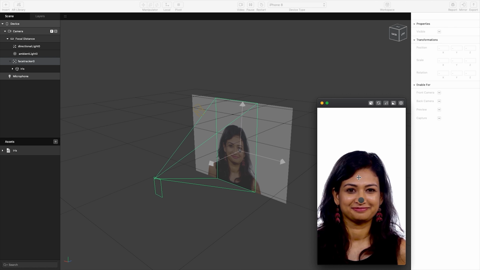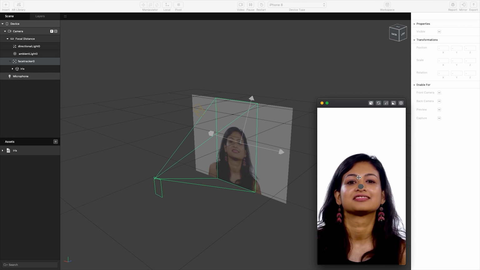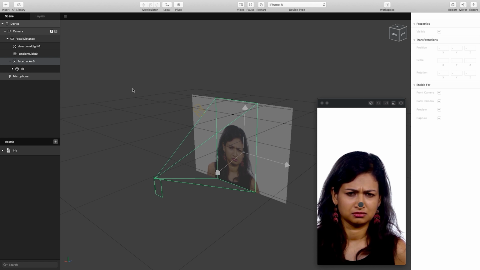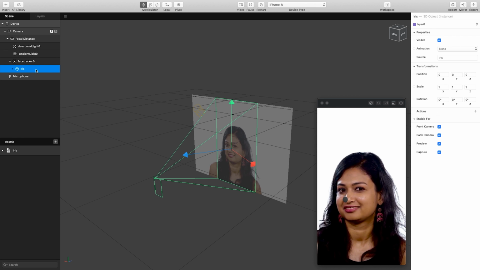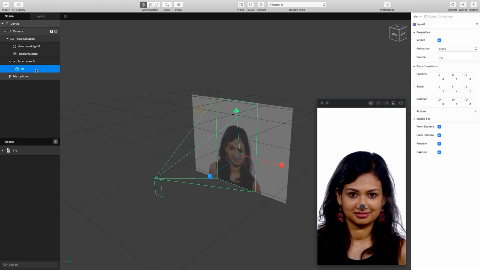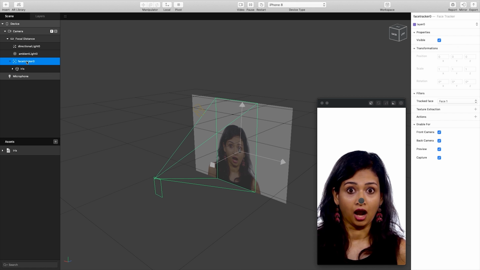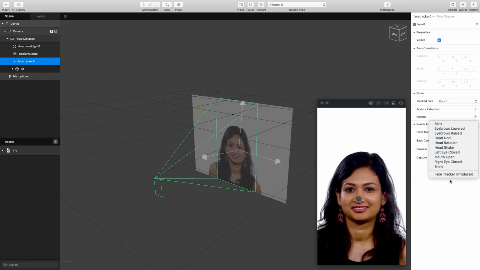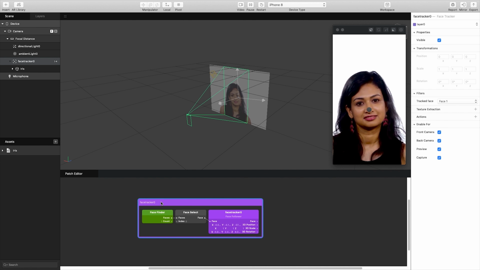It's worth noting that we're not going to be adjusting the position, scale or rotation values within the properties panel like we normally would. Everything we're going to be working with today will be using the patch editor and live data that's fed in via that. So first thing we're going to do is click on our face tracker, go to actions and insert my face tracker producer. This will open up my patch editor window,